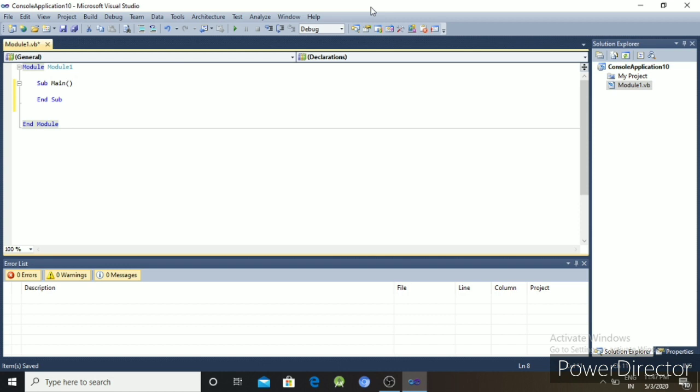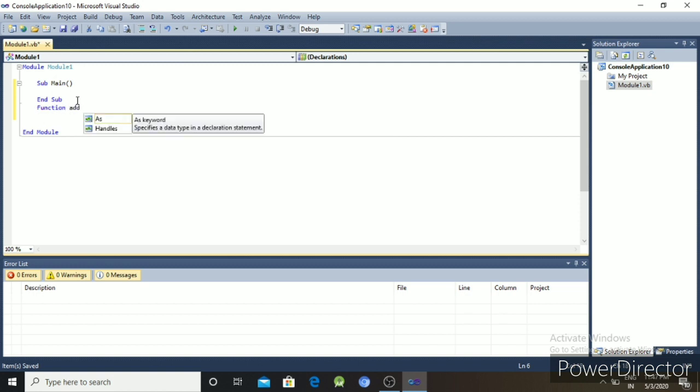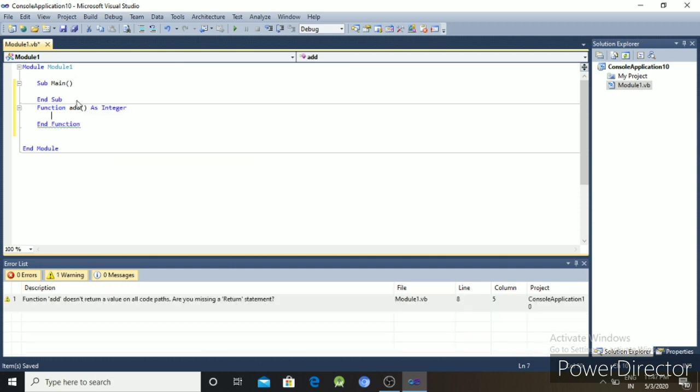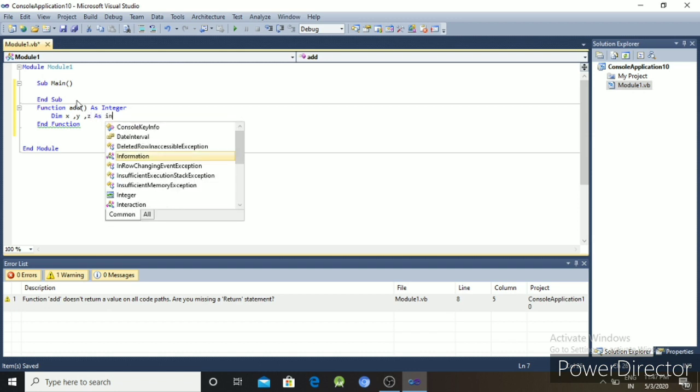We can create a function using the Function keyword. The Function keyword is used to create a function in VB.NET. So we write the function name as add, with the return type as Integer. Dim x, y, z as Integer.